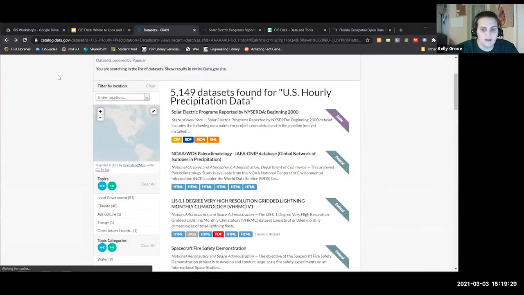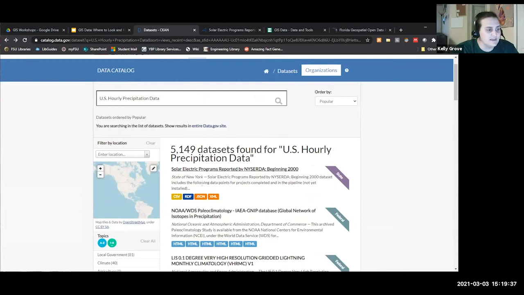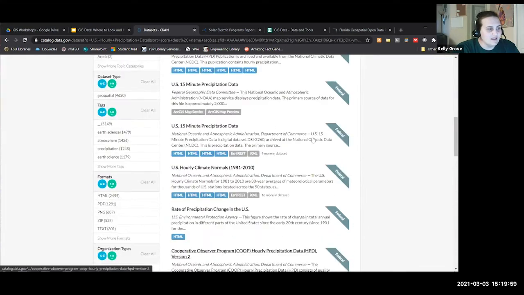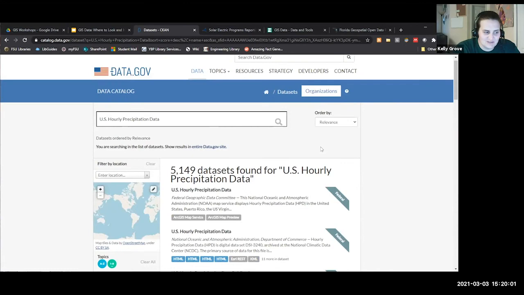All right, we're going to go back to our search. Something that I like to do is, because the default for data.gov is to order by popular, so what data sets are being used the most when you search that type of term. But that's probably not always going to be what you're looking for when you do a search. So if we switch it to relevance, now what we're going to be looking at, and I don't know why it keeps jumping further down the page when we do this, when I search by relevance,